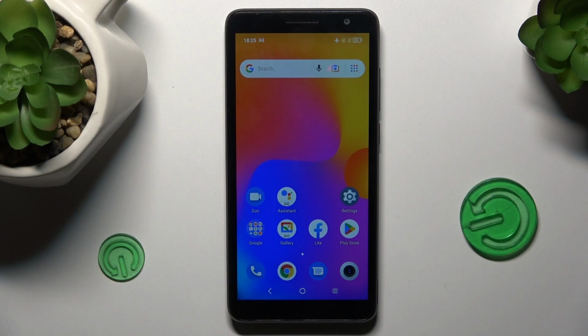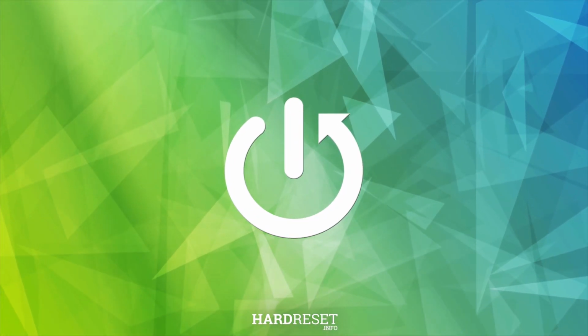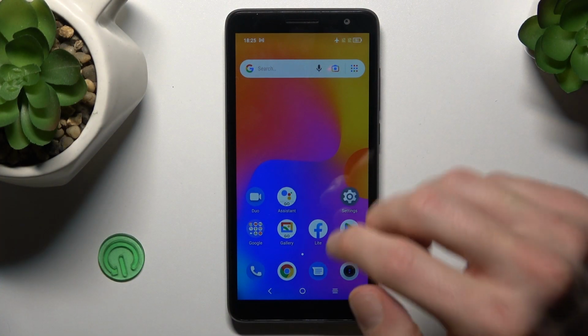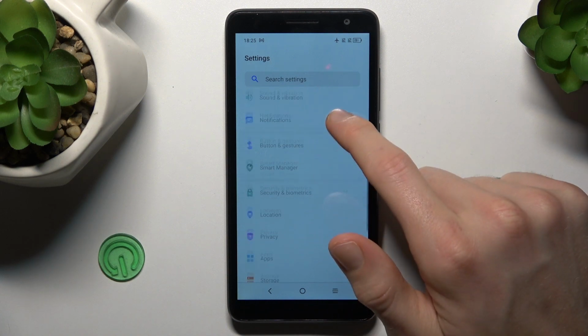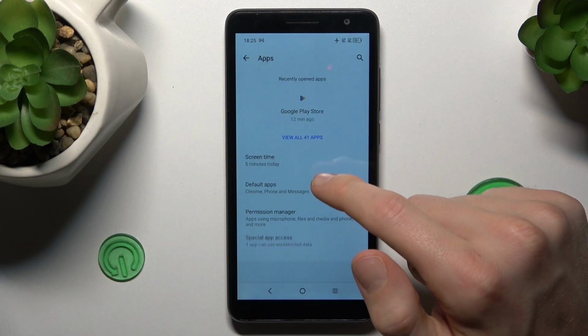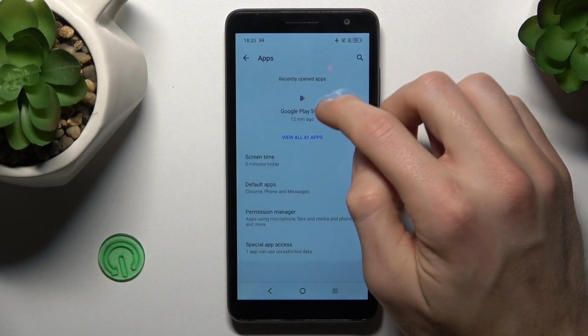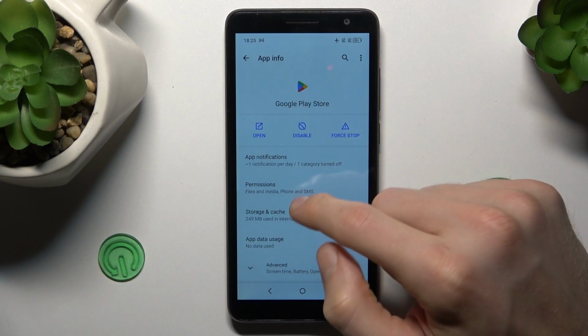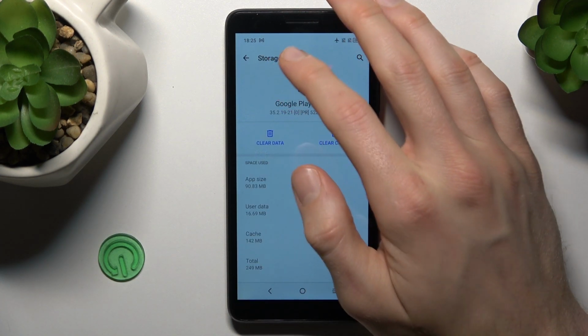Today I want to show you how to clear up cache and data on your ALCATEL 1B 2022. Our first step to do that is from main menu we must navigate to the settings. In it we look for apps selection and now view all apps. Right there. And there we have storage and cache of our